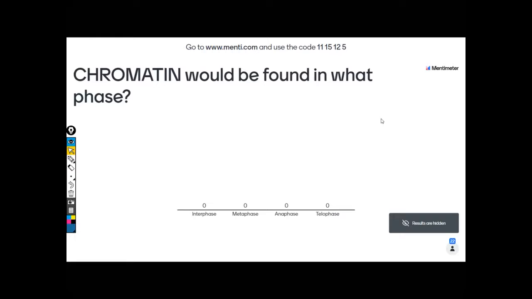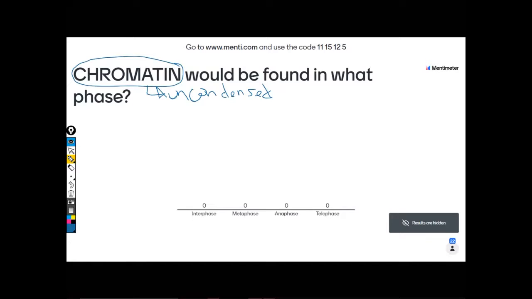Right. So let's start by looking at what is chromatin. That's where I would start with this. So what is chromatin? Exactly. So uncondensed, unraveled, unboxed. Looks a bit like ramen noodles, right? Okay, so